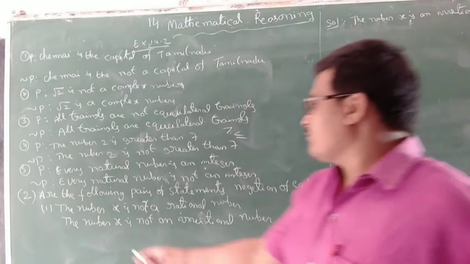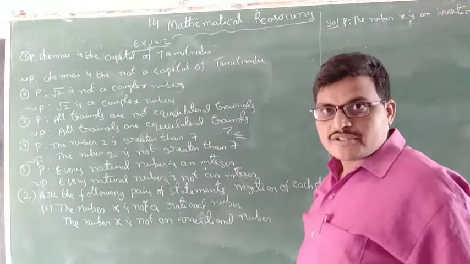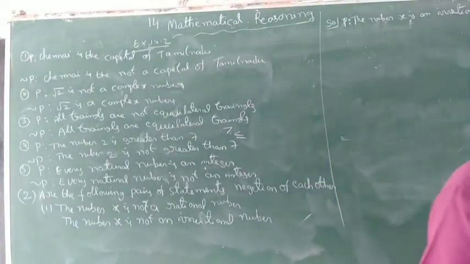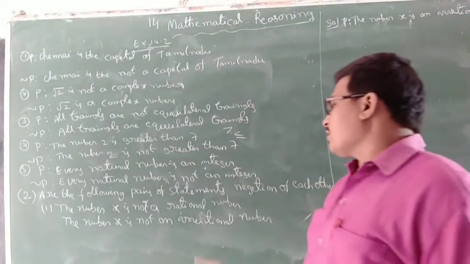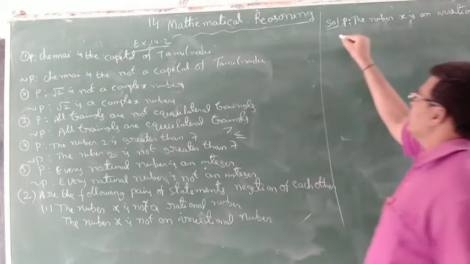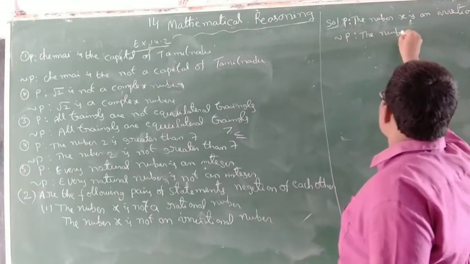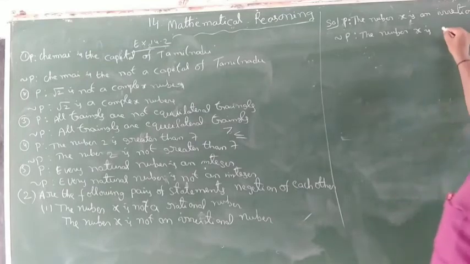In the first statement, this is statement P. Statement P: the number x is not a rational number, which means the number x is an irrational number. Negation of P is the number x is not an